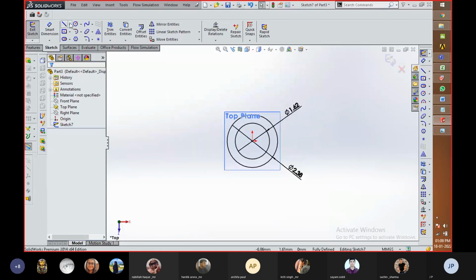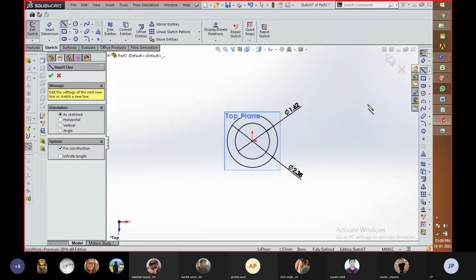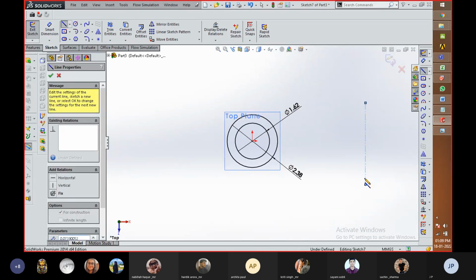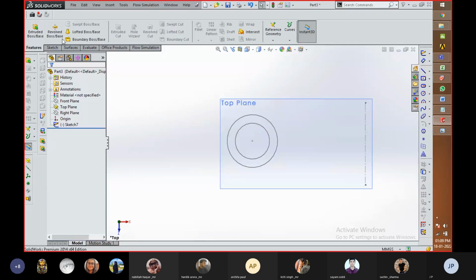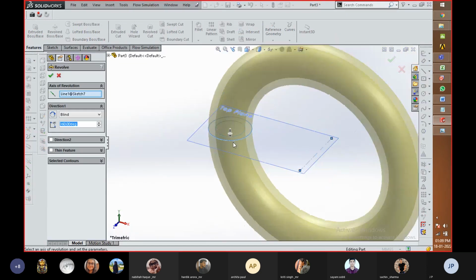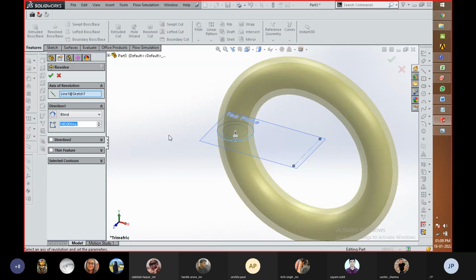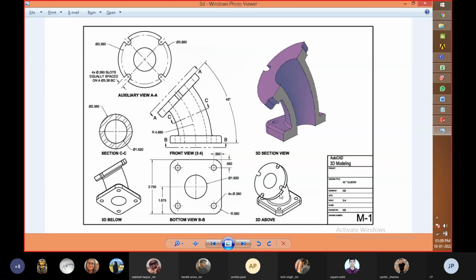Okay. So the line is going to be created about this. Then exit sketch. Then revolve about this, but there is one more thing we have to keep in mind: one thing we did wrong, the radius of this is 4.880.